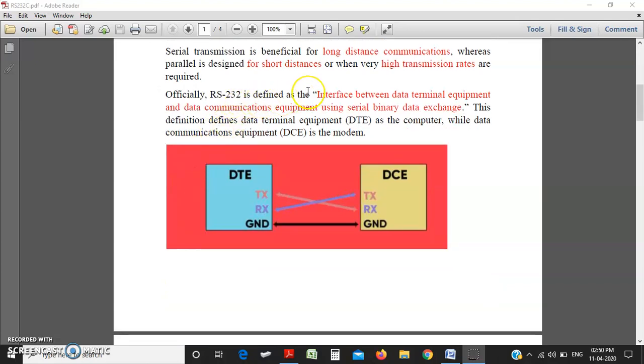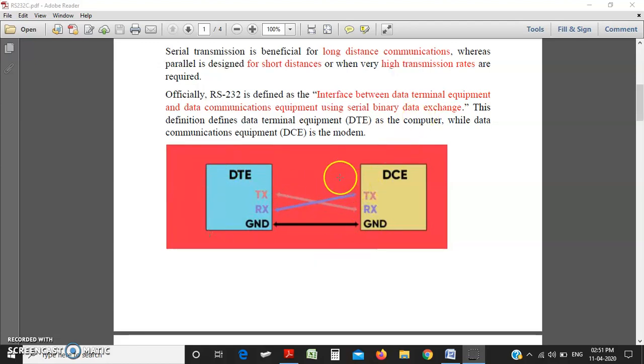RS-232 is defined as an interface between data terminal equipment such as a computer and data communication equipment such as a modem, using serial binary data exchange. So a computer, a DTE component, can communicate with a DCE component, a modem, with serial communication.